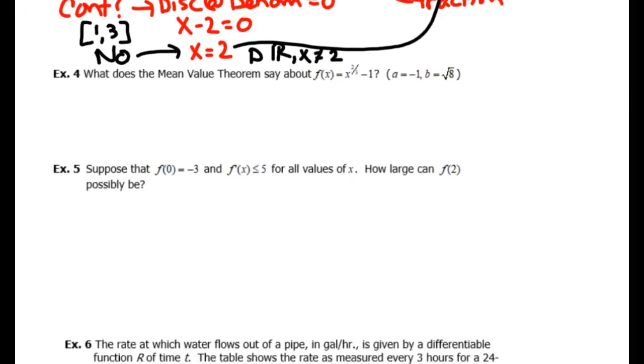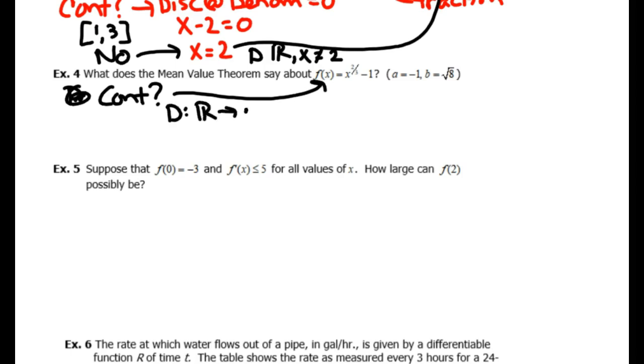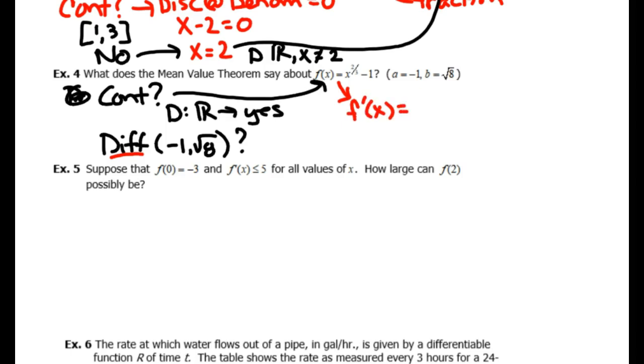For question 4, what does the mean value theorem say about this function? Again, we start out at the beginning. Is this function continuous? And we look here. That function is always continuous. The domain is all real numbers. So we answer yes. Is this function differentiable from the open interval of -1 to the square root of 8? Well, sometimes to answer this question, you actually have to take the derivative. So in this case, we're going to take the derivative of this. F prime of x is equal to